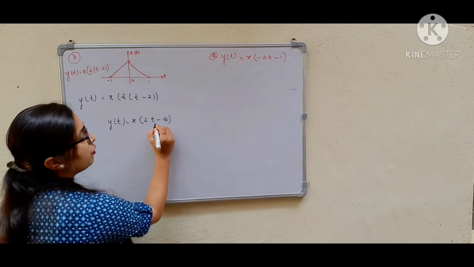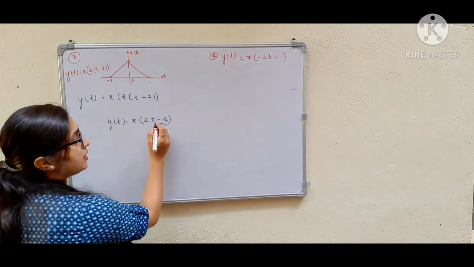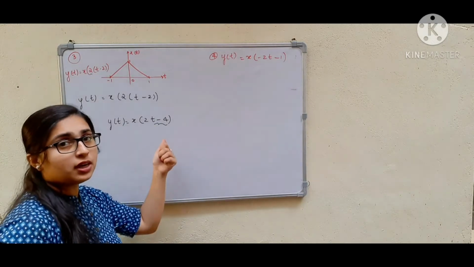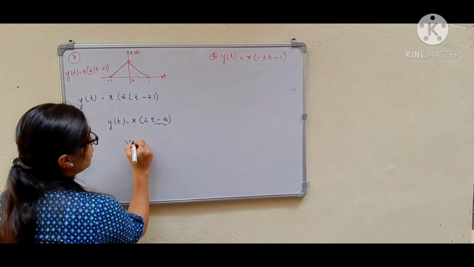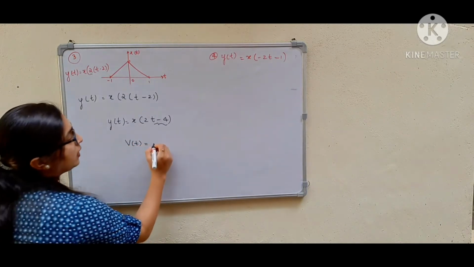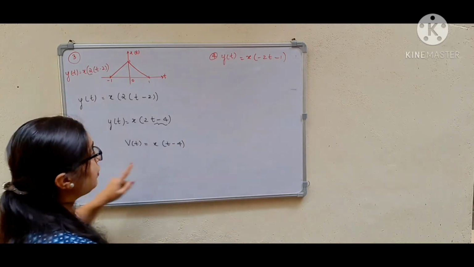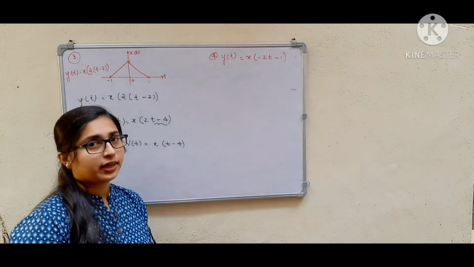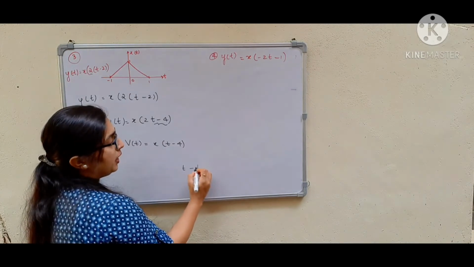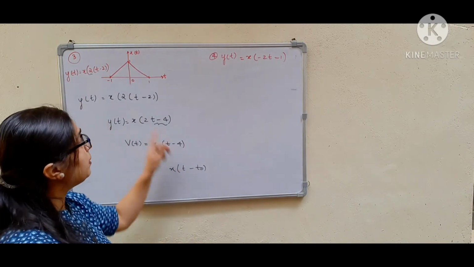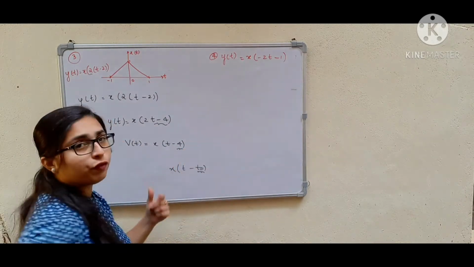In this case, the first operation, which is obtained here, will be our shifting, that is t minus 4. Then we will be performing the scaling on that particular signal obtained. So now I will consider the intermediate signal v of t, that is equal to x of t minus 4. x of t minus 4 means we are going to get the delayed version of the signal because it is of the form t minus t naught. So it will be moved towards the right by 4 units, t naught units, right? So it is 4 units.